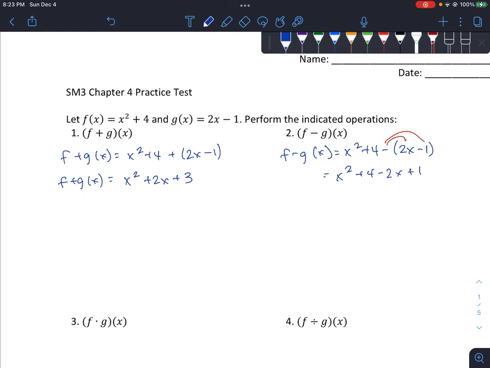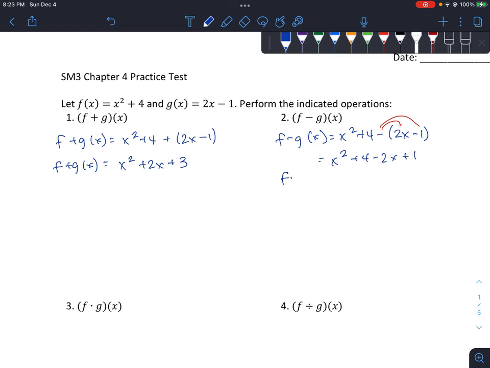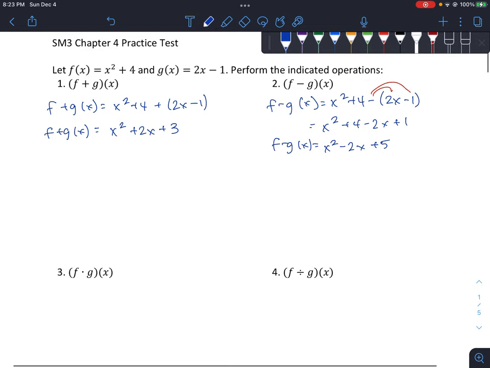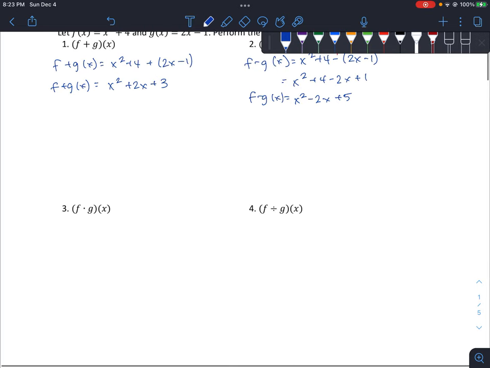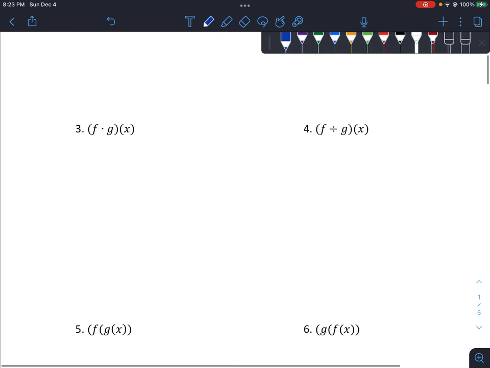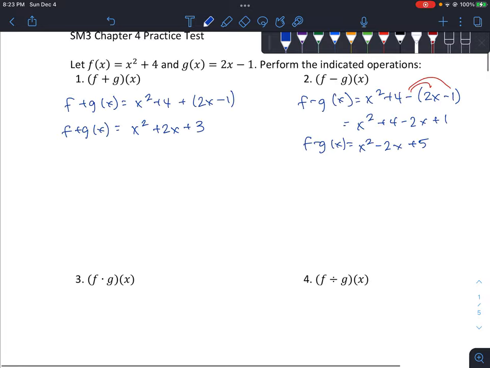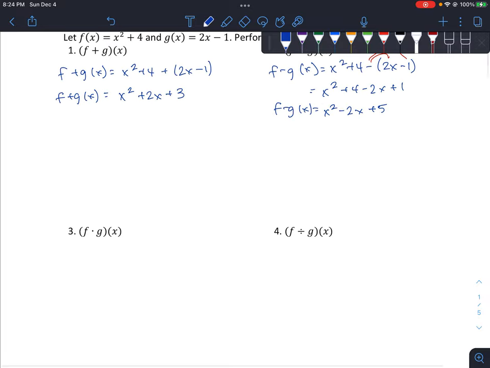Okay, and so my f minus g of x, looking for terms I can combine, that's going to be x squared, negative 2x after that, and then the 4 and the 1 is going to be plus 5. And there's my f minus g. Okay, let's try here. This is f times g, so I'm going to take